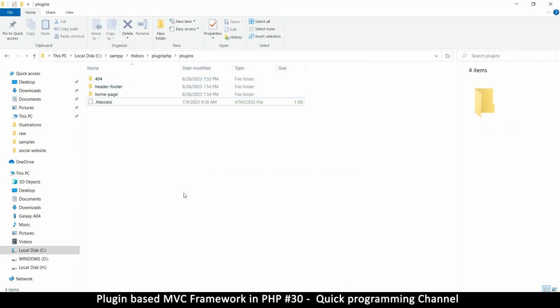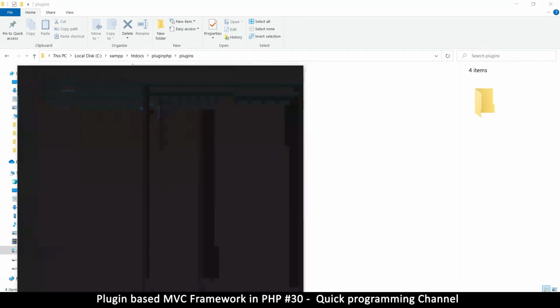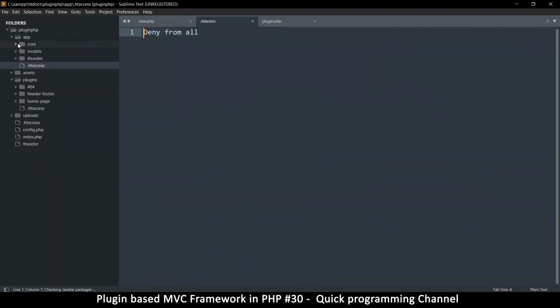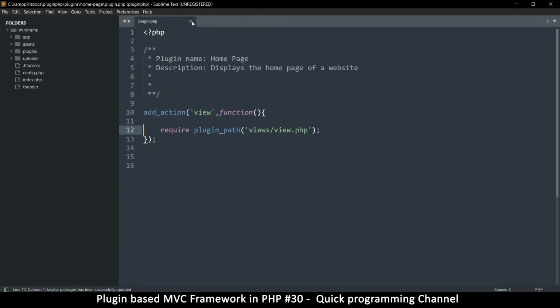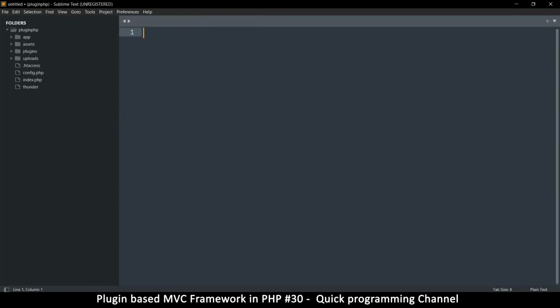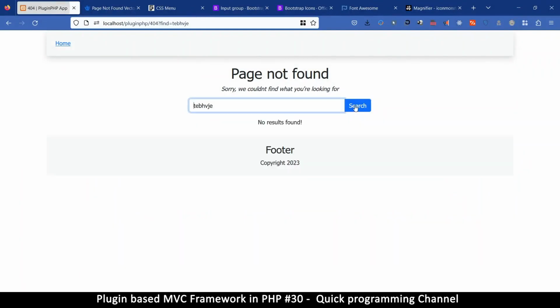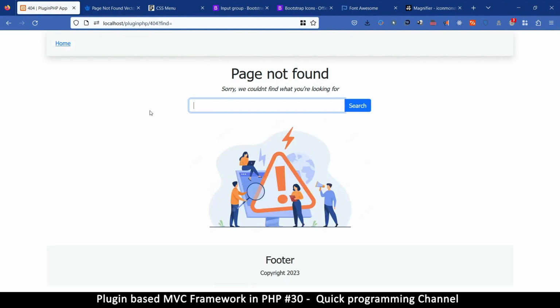Okay, so now it's gone. So open Sublime Text again. Okay, so then it's gone now like that, and we have just the bare minimum that we need. So great, this marks the end of our... okay, so if I come back here now and search, I don't get any errors. It just tells me no results because that plugin that was responsible for that is gone, and that's the beauty